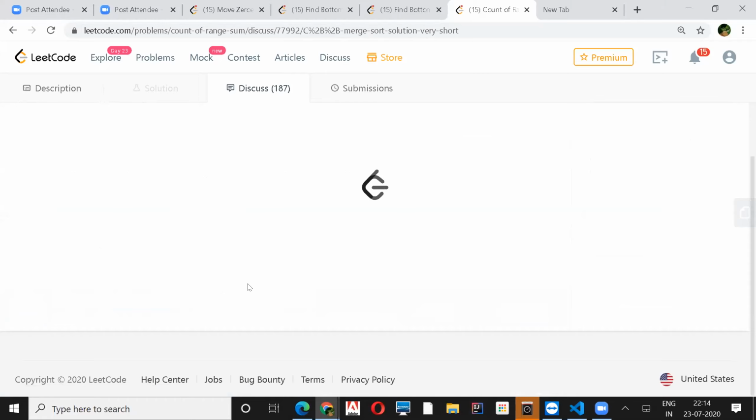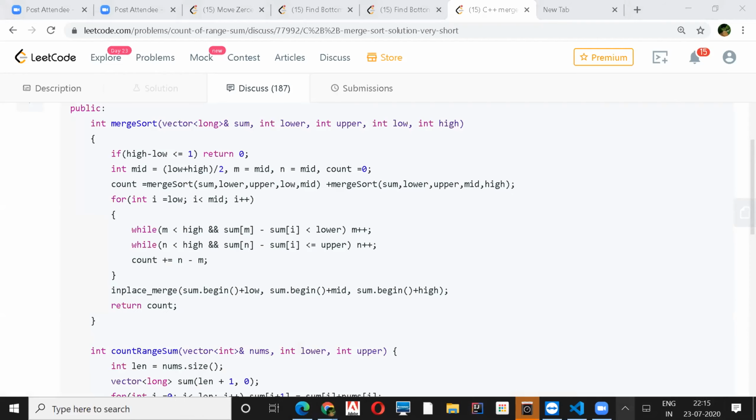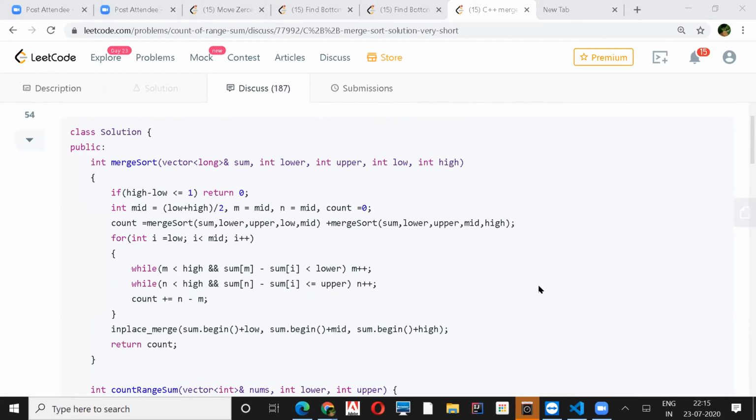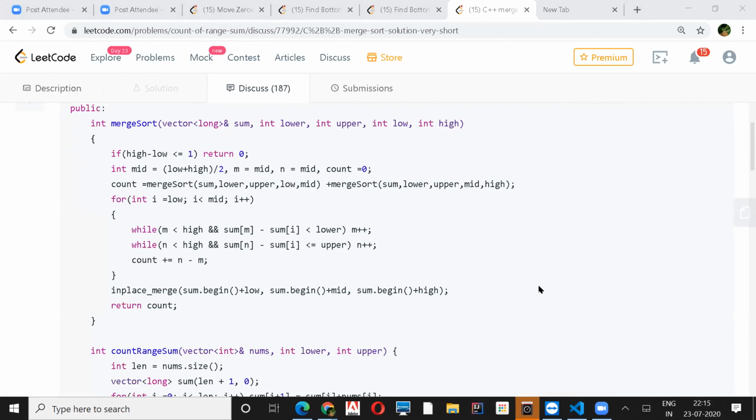He doesn't use any extra data structure like BITs, but still, it is difficult to understand. No, but I think he is using in place or something here. Yes, he is in place. So why in place? I didn't understand. It is another STL way of implementing a very optimized version. But he isn't using any segment tree or BIT, so I thought maybe we can understand this. Yeah, that is true. But look at the for loop, those two whiles. Okay, so what are these?